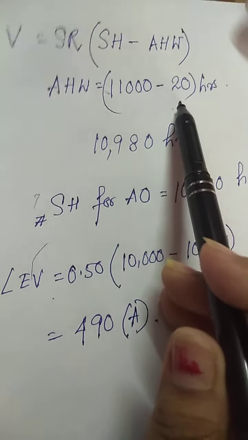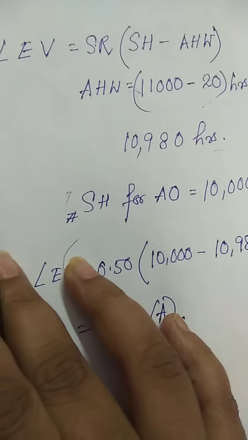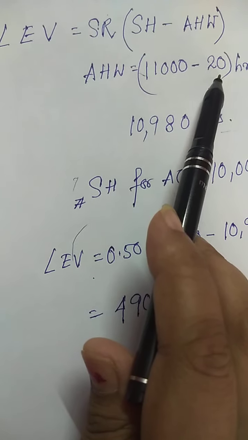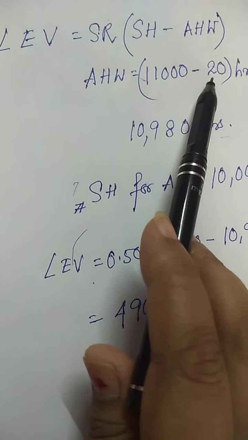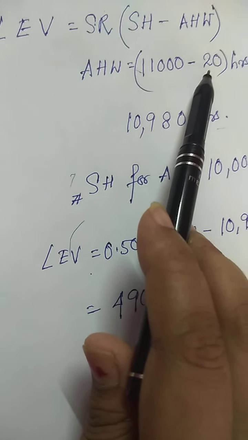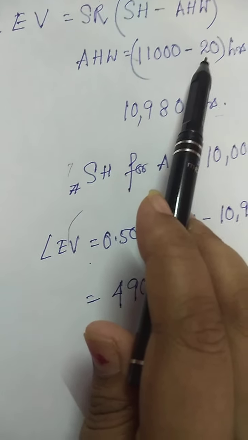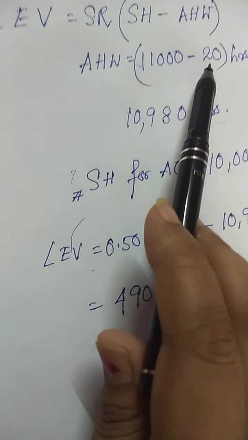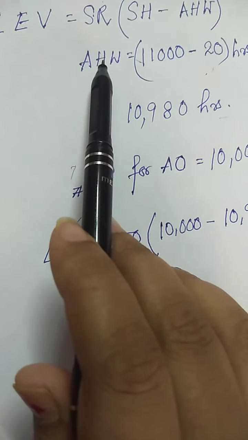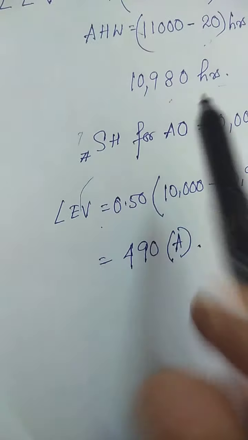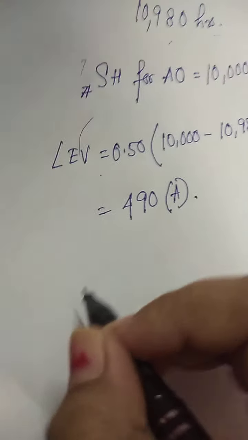Here, while finding out the efficiency, we will consider this 20 hours. While finding out the rate variance, we were not considering this 20 hours because the laborers get paid for this idle time as well. But in case of efficiency, when the laborer is taking rest due to any reason, he is not being efficient. Fine. So while finding out efficiency, we will definitely deduct these hours from my actual hours and find out the actual hours worked to find out for how many hours the labor actually had been efficient. Laborers actually had been efficient for 10,980 hours.